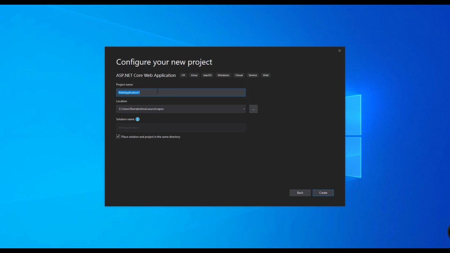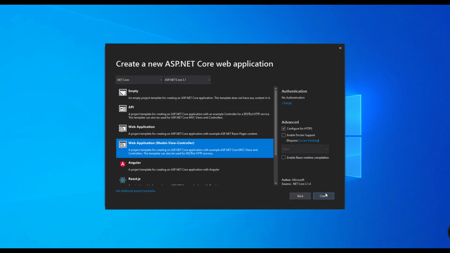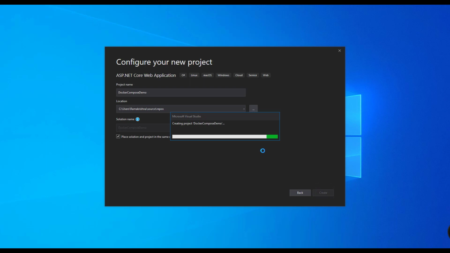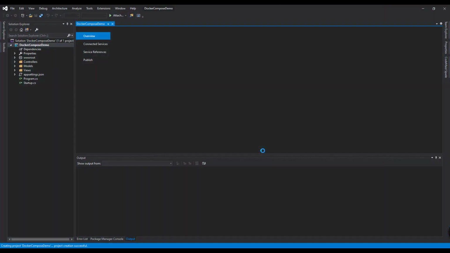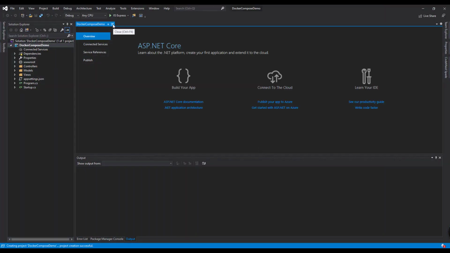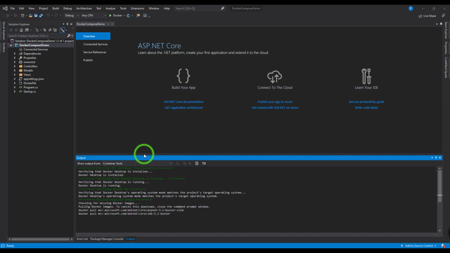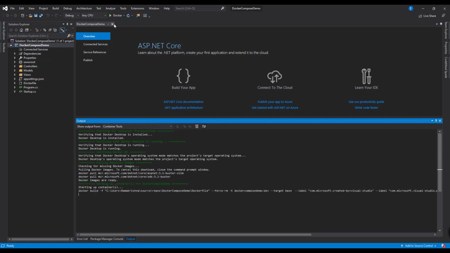Give a proper project name. We'll enable Docker support for Linux. So our project is created successfully along with the Dockerfile.